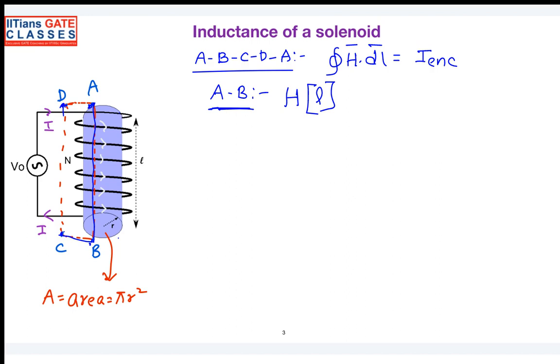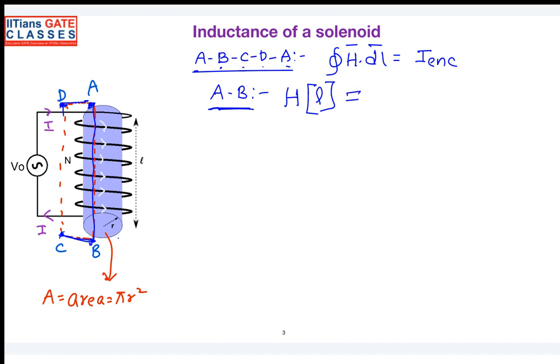And when you are moving from B to C, as I said, both the points are outside. You don't have any magnetic field. And when you are moving from C to D also, moving outside, there is no magnetic field. D to A also, there will not be anything. So when you are making a complete loop from A to B, C, and again D back to A, all other integrals are zero except the integral from A to B. Hence, the total line integral will be H into the length of the solenoid, equal to